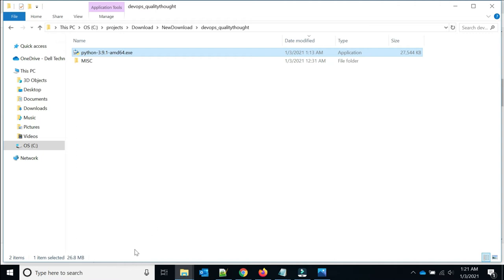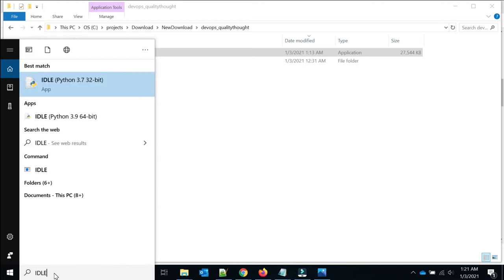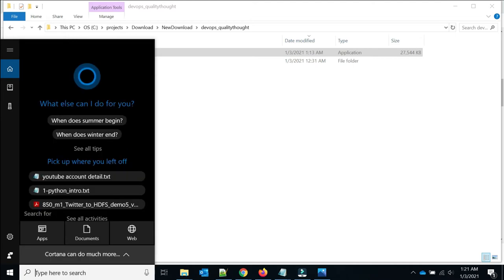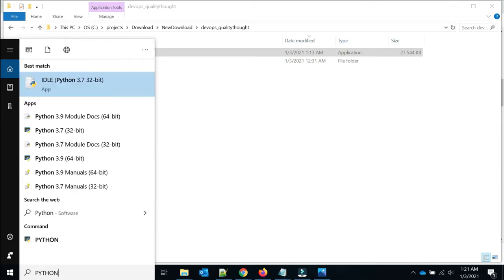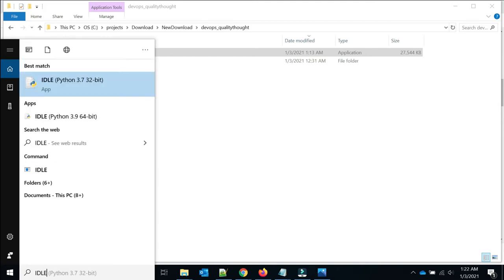Once your installation is completed, go to the search bar and type IDLE, or you can type Python also, and it will show the different versions of Python if you have different versions installed in your system. Here it is Python 3.7, it is IDLE, this is the Python prompt. What I will type here is IDLE.